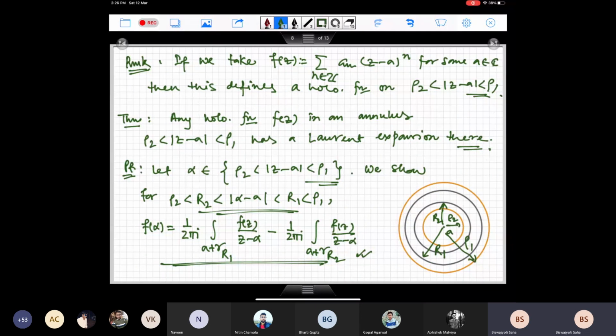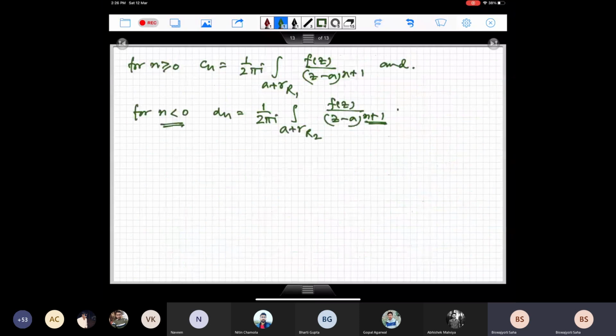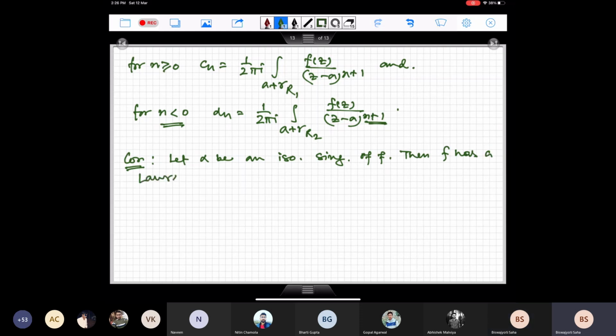It said that no matter what holomorphic function we take in an annulus, it is always going to have a Laurent expansion. So as a corollary, what I can say is: let alpha be an isolated singularity. If I have an isolated singularity of f, then f has a Laurent expansion